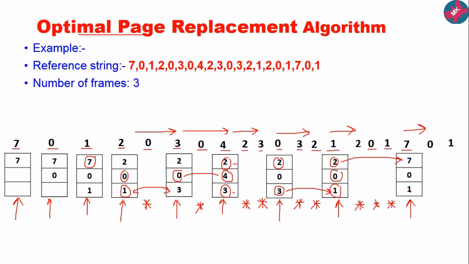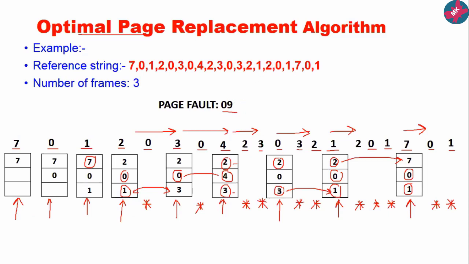Now consider next 0. So this is present. So this is page hit. Then 1, this is present. So consider this as page hit. So if we now calculate our page fault, 1, 2, 3, 4, 5, 6, 7, 8, 9. So see here, value is 9. So this is the same string that we have used in the LRU. So there were 12 page faults.